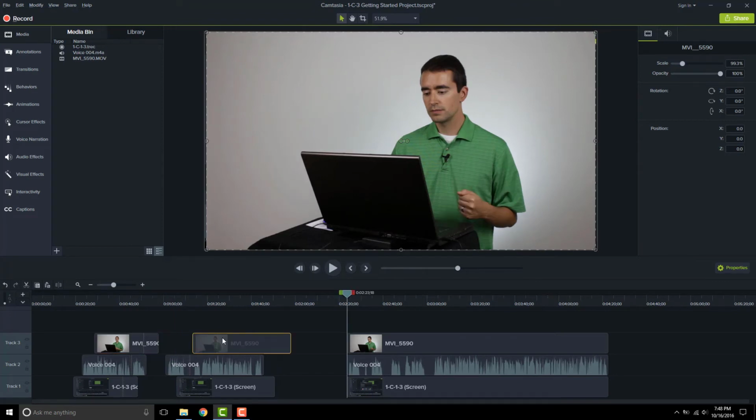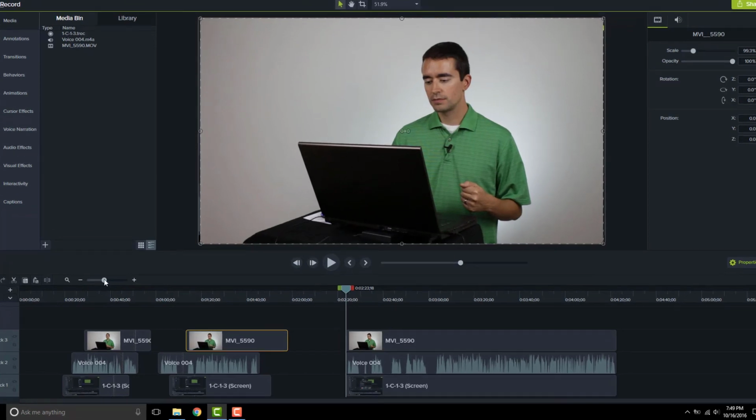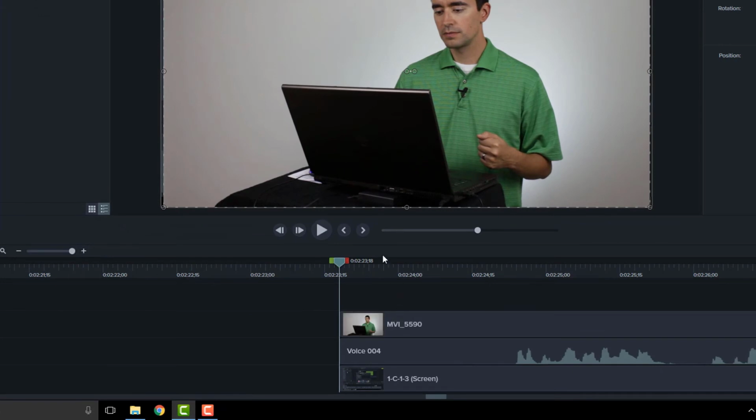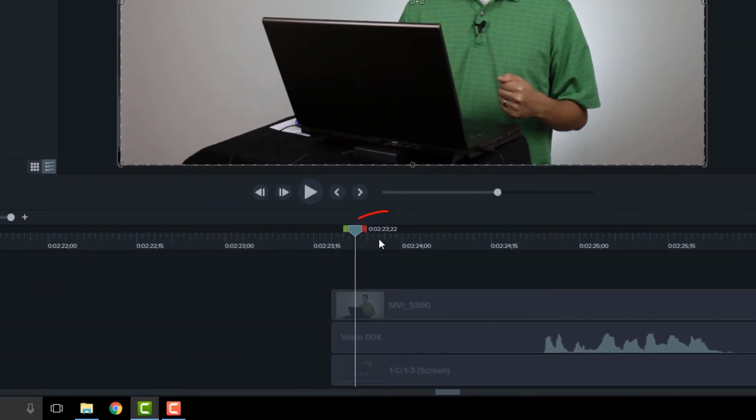Now, one other thing that I can do here is I can use just the period and comma keys to move one frame to the right and to the left. So if I hit the period key, it goes one to the right, and you might not have seen it, so this is what I'm going to do. I'm going to zoom all the way in as far as I can, and now I'm going to hit the period key. And notice it moved over one frame. I'll hit it again, one frame, one frame, one frame. Now I can tell it's one frame by watching this timer. I see that it's at frame 22, then frame 23, frame 24, 25, 26. So it's just moving one frame at a time as I hit the comma and period keys to go left and right respectively.